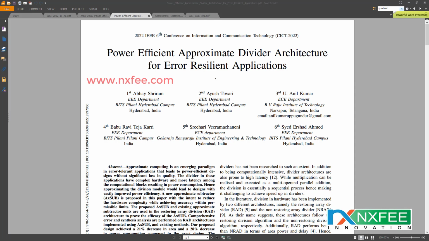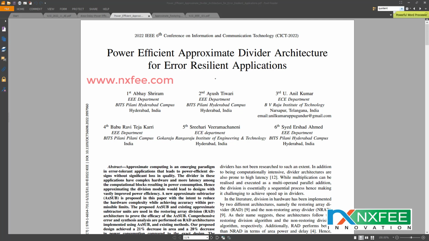Here we are discussing a project, power efficient approximate divider architecture for error resilient applications. The three approximate dividers shown in the study employ array based architectures. As a result, it is able to accomplish considerable hardware savings while maintaining a high degree of accuracy in comparison to